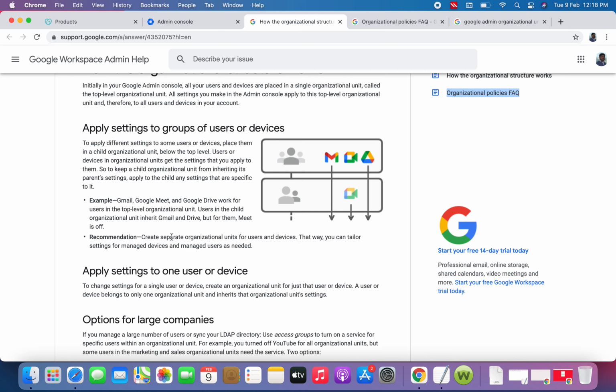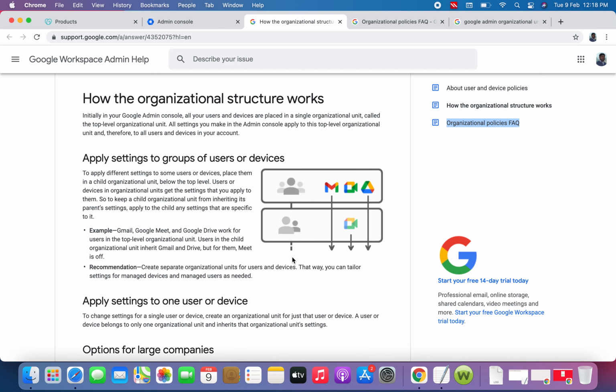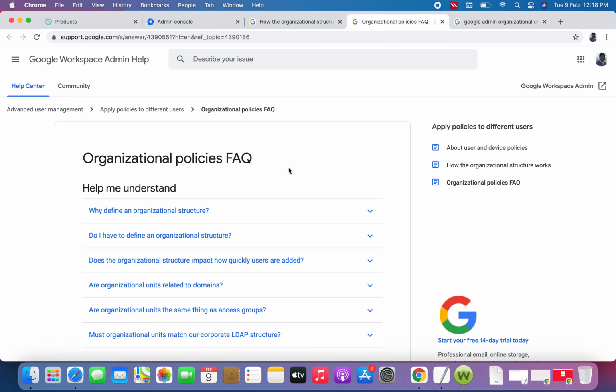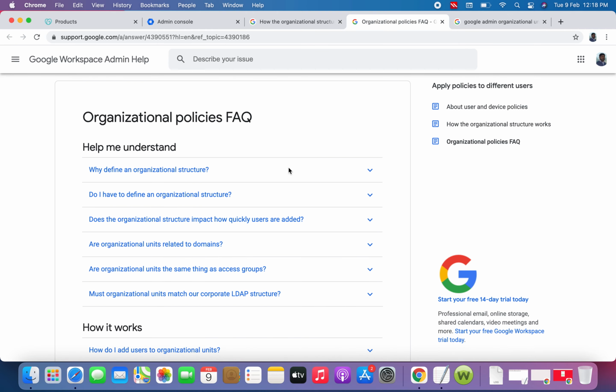That way you can tailor settings for managed devices and managed users as needed. As I told you, as per your requirement, create an OU and apply your policies and permissions on that particular OU. So this is all about that. Here you can read the questions and answers related to organizational units.